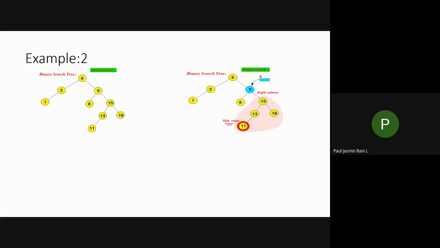And I'm using the right subtree in this case. Suppose if you are using the right subtree, I have to take the minimum value. So in the place of 9, I'm going to bring this 11 over it. It means that for the left child of 11, I should have the address of 8, and for the right child of 11, I should have the address of 15. Can you follow this one? So this is how you have to do it for your right subtree. Suppose if you are choosing your right subtree, this is the method.